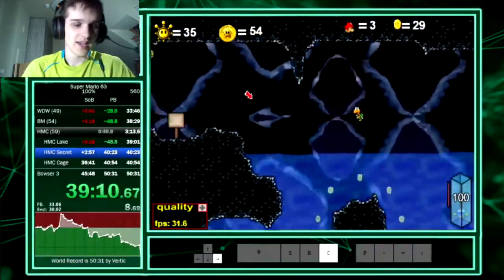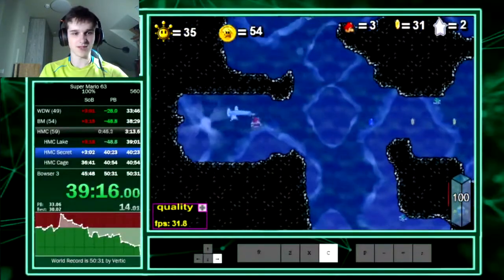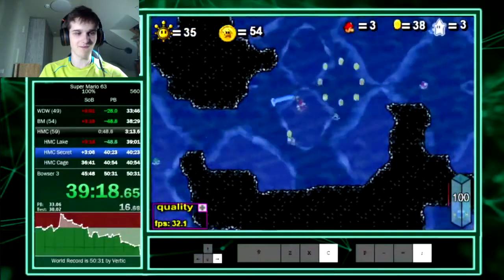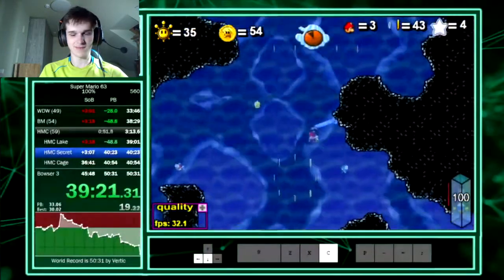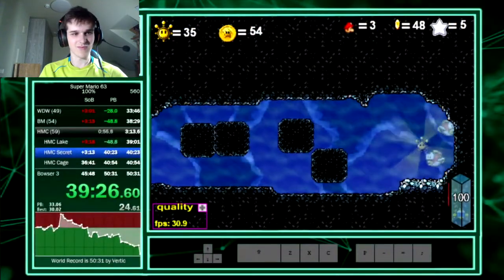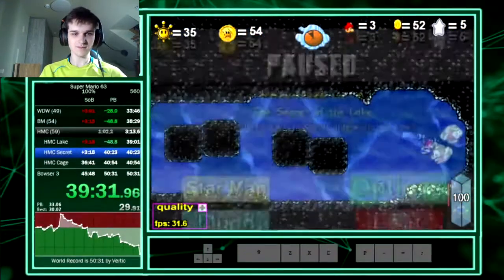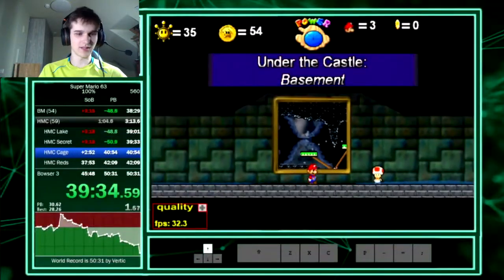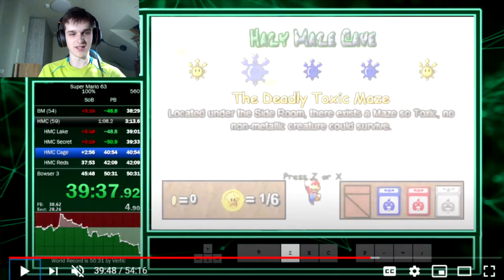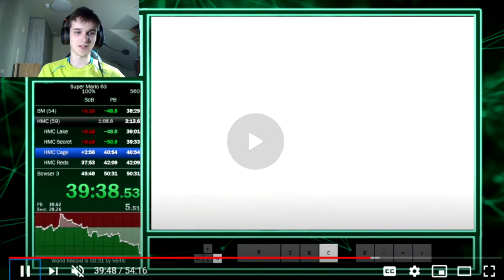Okay, HMC secret time. It's just a bunch of water movement. Thankfully we have turbo nozzle, so we can move around quickly. There we go, another exit level. Re-enter, and while holding Z to get through this menu, you're gonna press on turbo nozzle, so that way you immediately have turbo nozzle equipped when entering the course. And then you're just gonna go here,